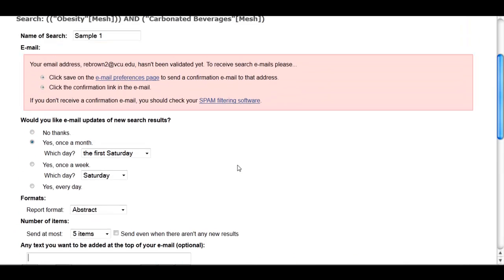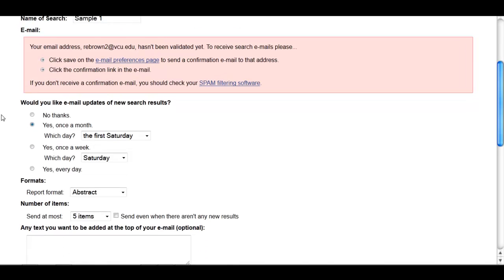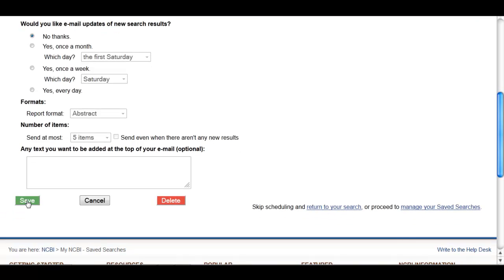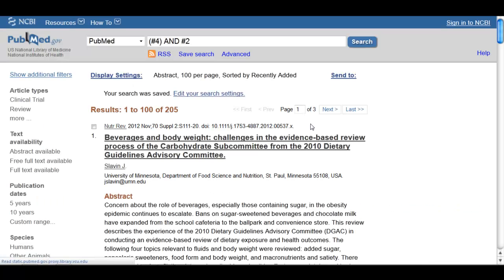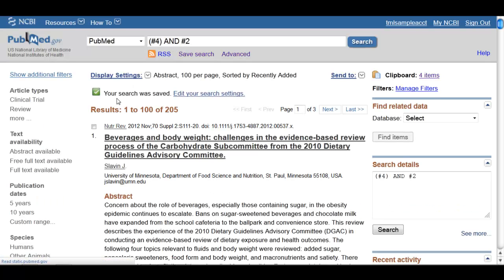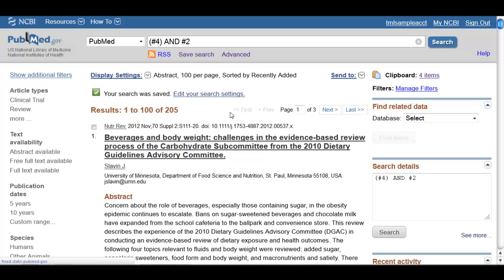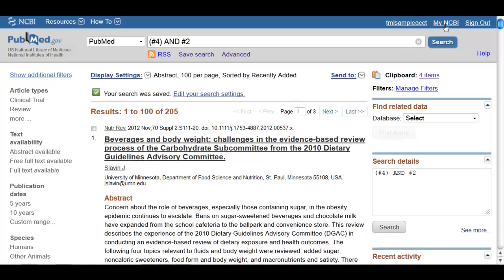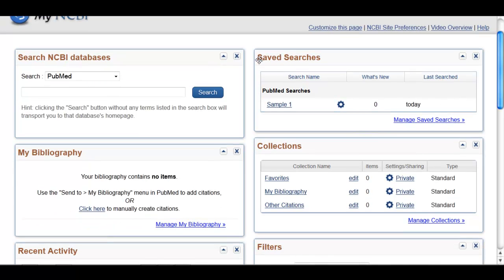Now, if you don't want it to do that, you can keep it at No thanks, come down towards the bottom, click Save, and it'll tell you that your search has been saved. Then, anytime you would like to rerun that search, all you have to do is come back to your MyNCBI, sign in, and then once you're signed in, click on the top right corner, and you'll notice that your saved